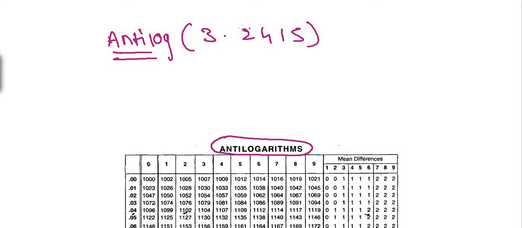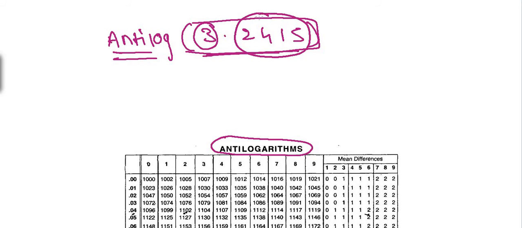Be very clear. We are calculating antilog. That means we have already found the log of a certain number. So this is the log of something, 3.2415. Over here 3 is the characteristic and 2415 is the mantissa. Now we need the antilog table to check the antilog of a mantissa. The characteristic is independent of the table because it's a power of 10. To find the antilog of 0.2415, we have to check the numbers only after this dot.